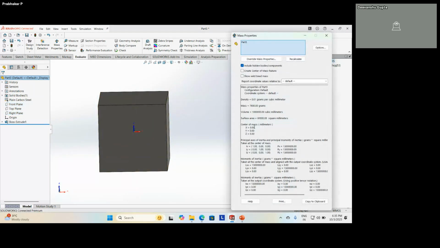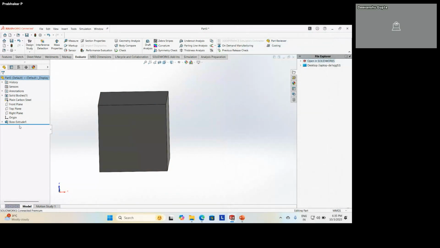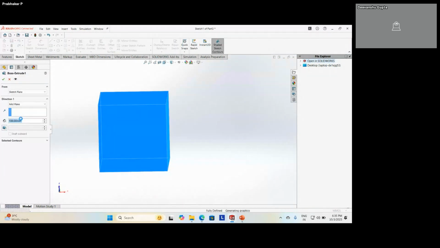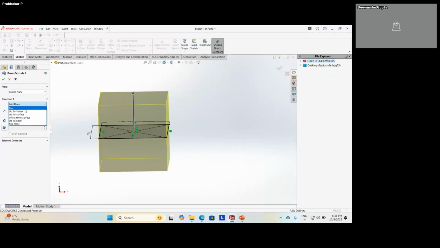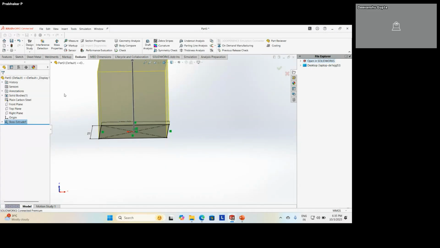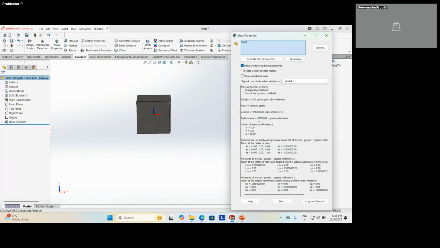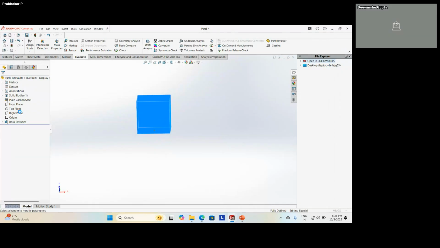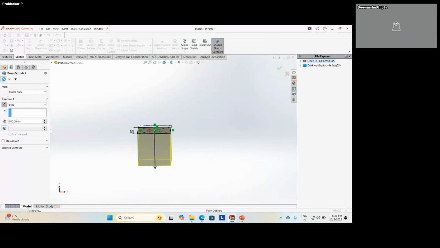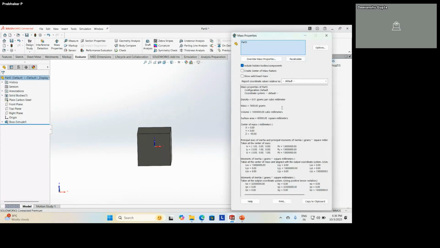That's why we get the center of mass position as 0. If instead of mid plane I select blind, I get 50 in the Z direction. If I flip it, it becomes minus 50.